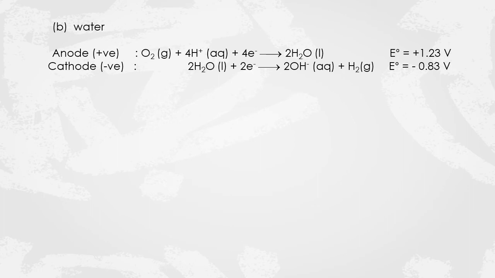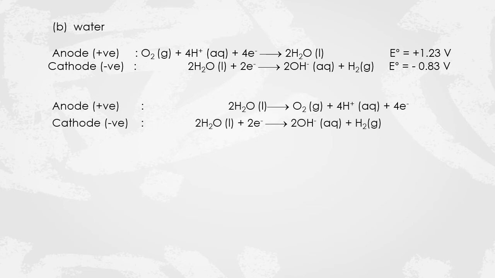For the products formed, we need to rearrange them according to the oxidation and reduction process like this. Since the number of electrons is not the same, we need to modify a bit the water molecules attracted at the cathode. We have 4 electrons at the anode, which means we still need another 2 electrons to be added to the cathode. So we need to modify it to become 4H2O plus 4 electrons to give 4OH- plus